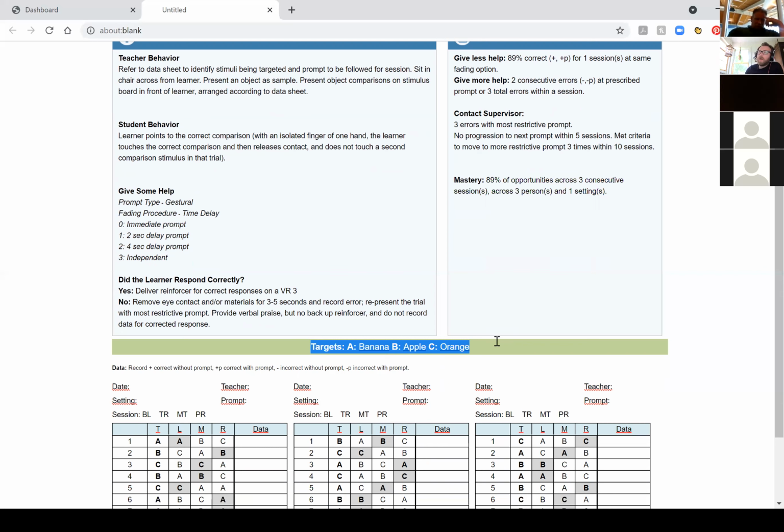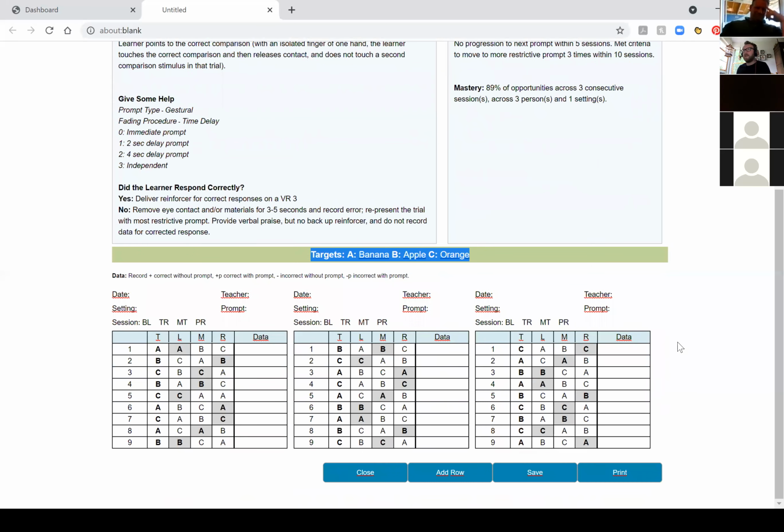Okay. And then below that, we have our data blocks. Now, the data block that was selected for this lesson plan was a 3-stem array. Okay, 9 trial 3-stem array. And that's the data blocks that I'm seeing here. Above each data block, we have space for the teacher to write in the date of the teaching session, their initials, where they ran the teaching session, the student's cubby, the main classroom area, the library, okay, classroom B,